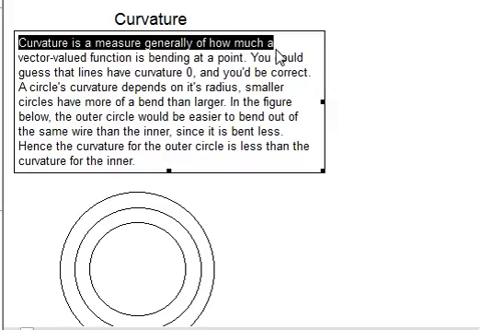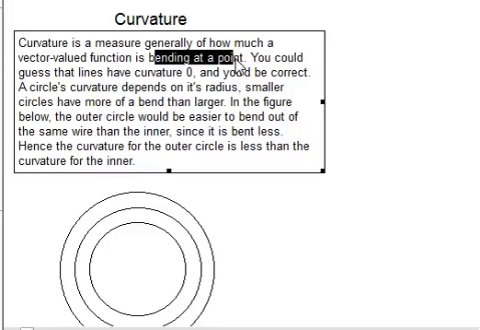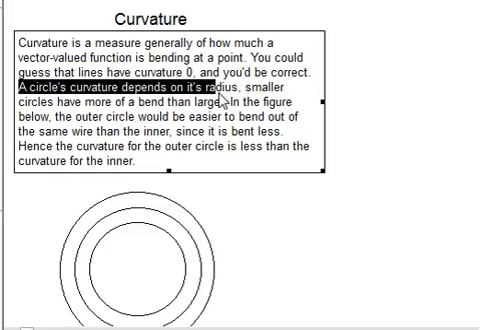Curvature is a measure generally of how much a vector valued function is bending at a point. You could guess that lines have a curvature 0 because they're not bending at all, straight lines I'm talking about, and you'd be correct. A circle's curvature depends on its radius. Smaller circles, like the inside one here, have more of a bend than larger. In the figure below, the outer circle would be easier to bend out of the same wire than the inner,